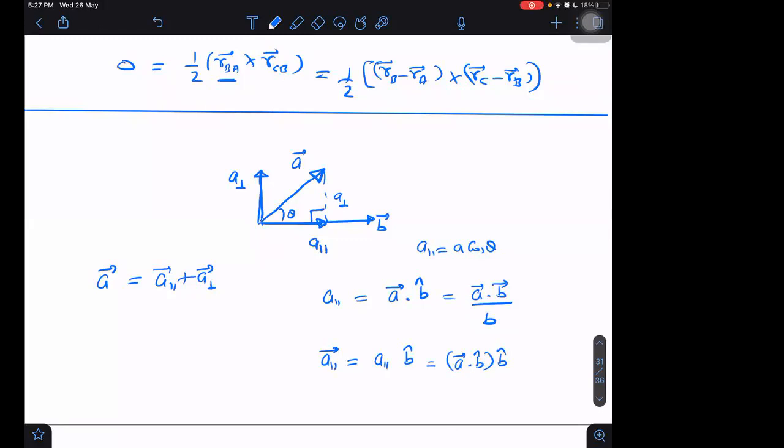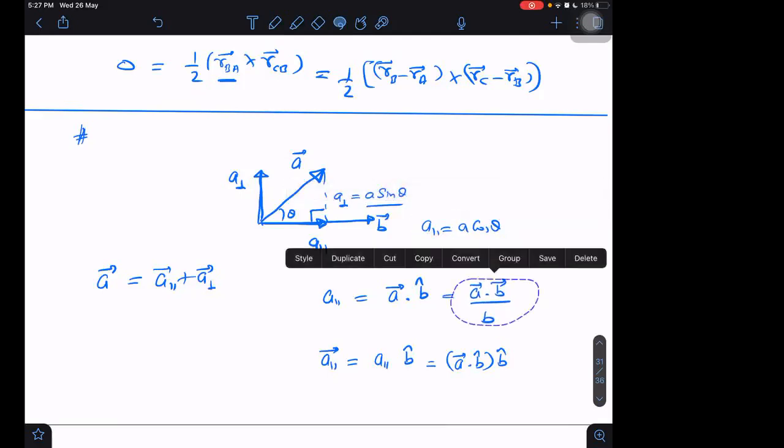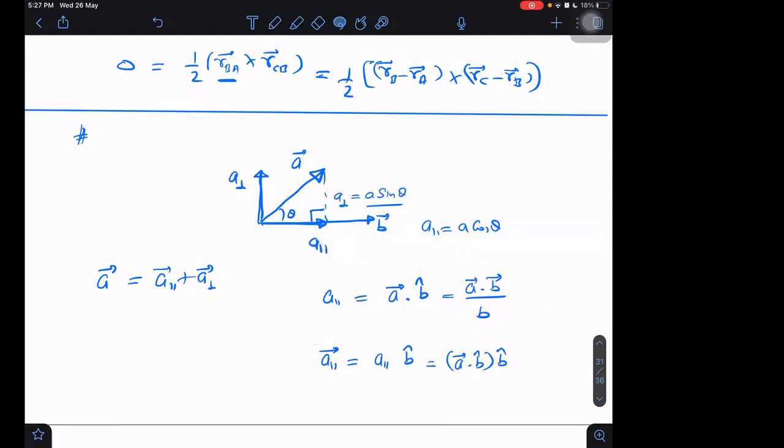Right. Now my question, I'm not telling you. I think if you apply logic, if you apply little brain, then you can tell how to get A perpendicular. Tell me how to get A perpendicular. Can you tell how to get A perpendicular? Sir, that is A bar cross of B. A bar cross of B will give us AB sin theta. Then what next?